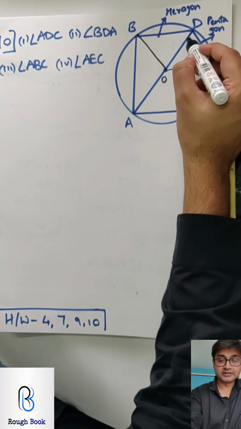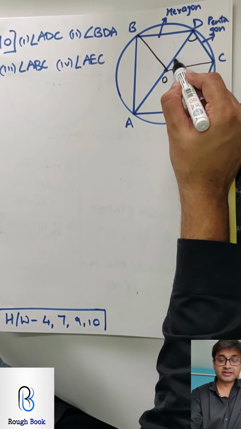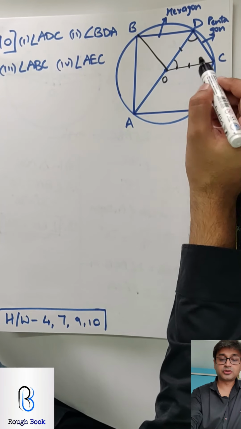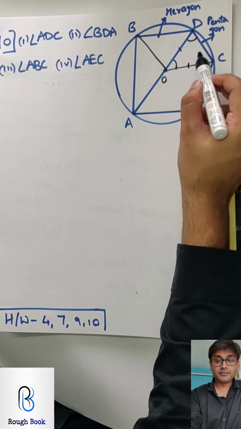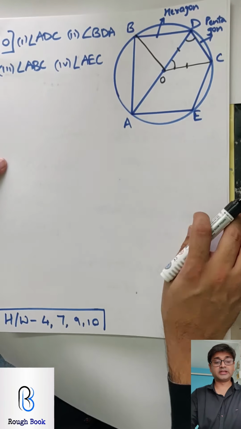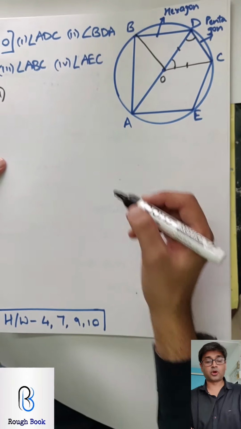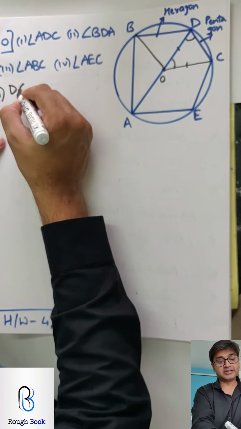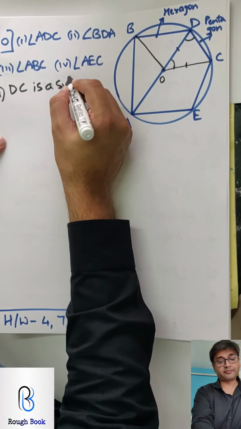First target ADC here. So if you find this, you can say OD equals OC, radii of same circle, base angles equal, and get the angle ADC straight away. So come on, let's hit it. Let's get ADC first, then we'll talk about these three. So first one, DC is a side of pentagon,